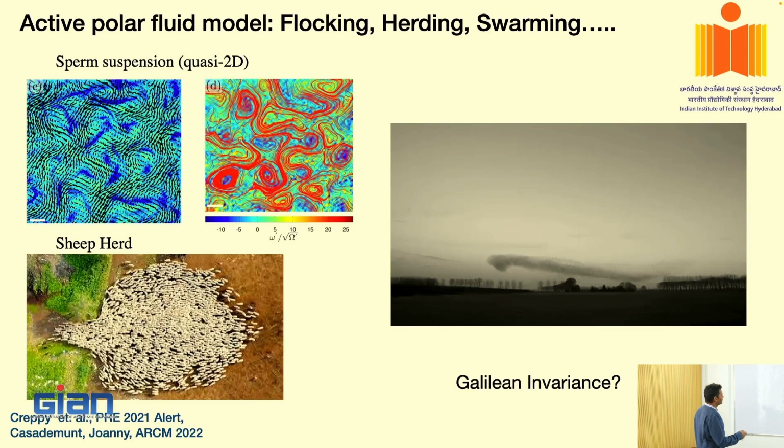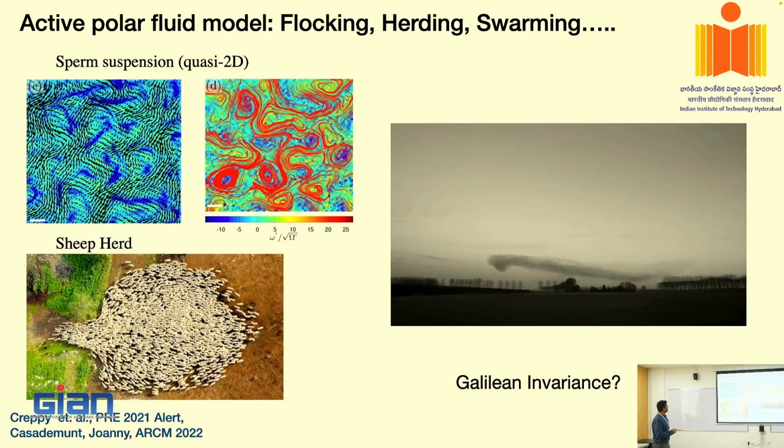Okay, so here if you look at this bar, that length scale is going to be 50 microns, and if you think about the agents, they are going to be much smaller, like somewhere here, right? Much smaller than these length scales. And if you look at the structure, these structures are going to be much greater than that, right? So there is no way, I mean you should not expect that they are going to form these structures. Okay, so what we'll try to do is write down the governing equation, and then we'll try to see how we can describe it, and what is the meaning of these structures, and can we use the same analysis that we are going to learn to understand these systems as well. Okay, so this is one example.